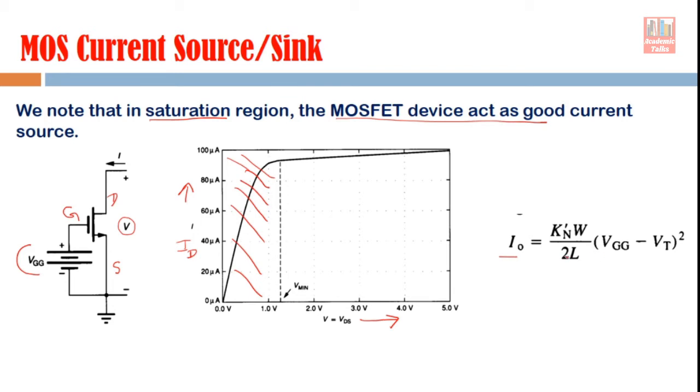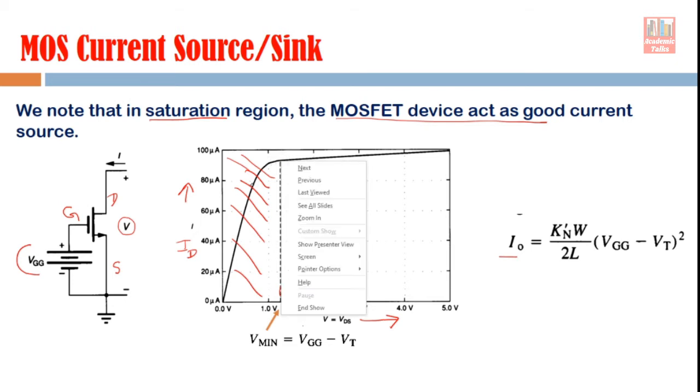So the important parameter, if you look at the characteristics, one important parameter is this V minimum. We discussed in the previous slides that there are two important parameters in a current source. One is the V minimum, the minimum voltage below which it will not act as a current source. Here you see this is your pinch off voltage actually. Before pinch off, the device was in the active region or the linear region or ohmic region. So here it is not going to act as a good current source. So your V minimum is actually your Vp, and that is VGG minus Vt.